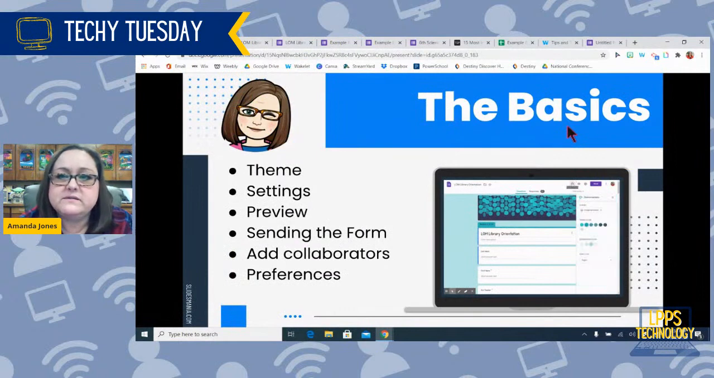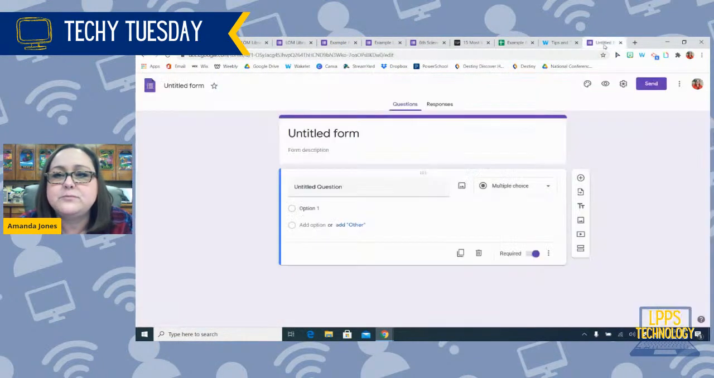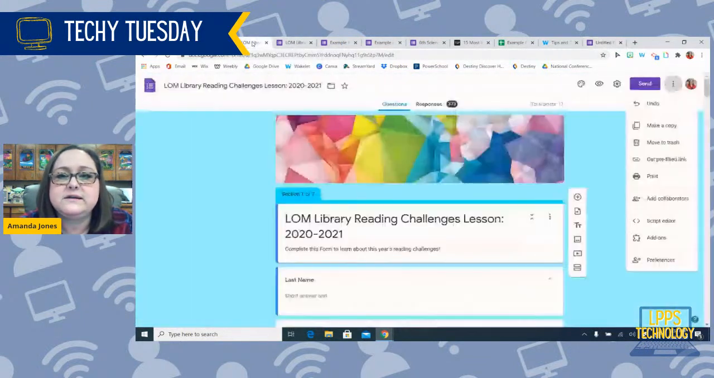All right, so the basics. When you start a new Google form, you can change the themes, settings, all of that information. So we're looking at a new form right here. Actually, let me take you to one I already did. So here's a form. If you want to add a little picture up here,